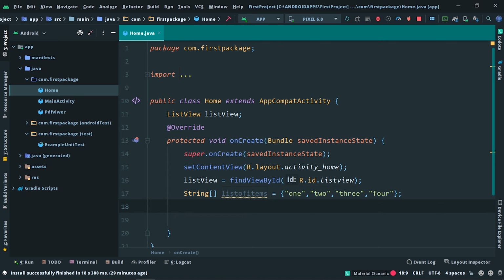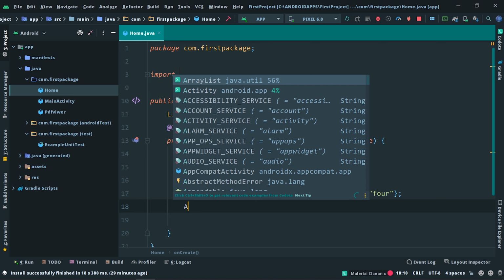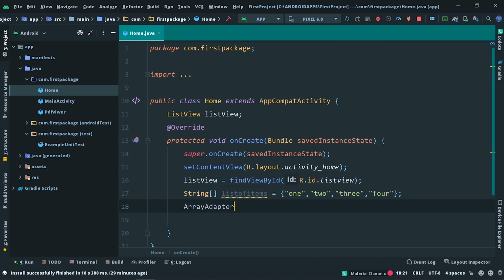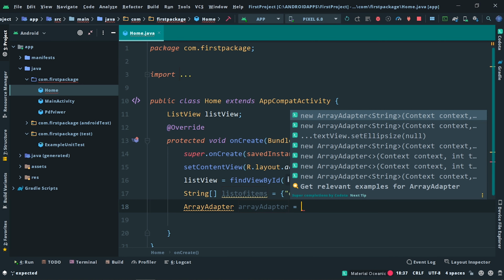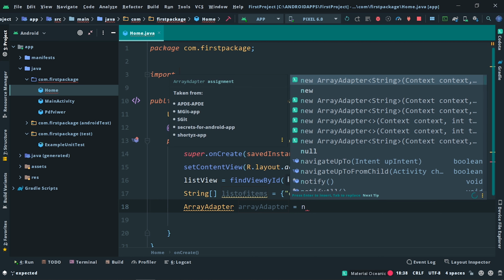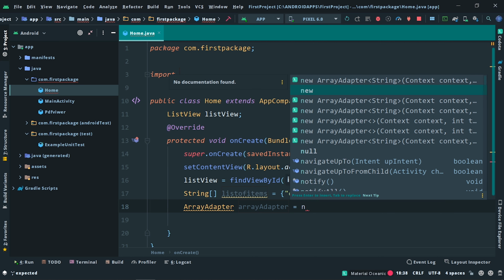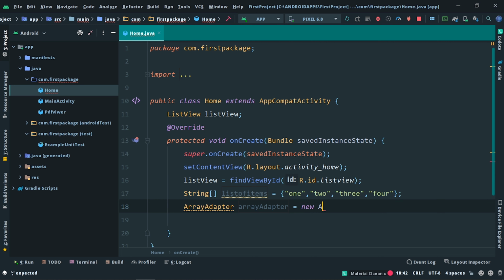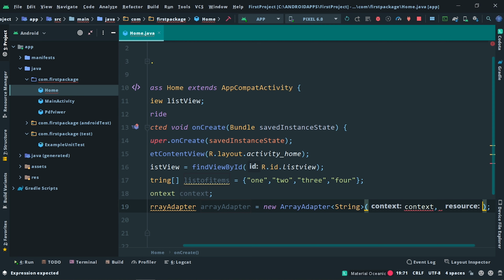Now we need to create an array adapter, connect these things to that array adapter, and specify the layout file too. Let me show you how to create that. Type ArrayAdapter and name it array adapter is equal to, and we need to create a new ArrayAdapter.